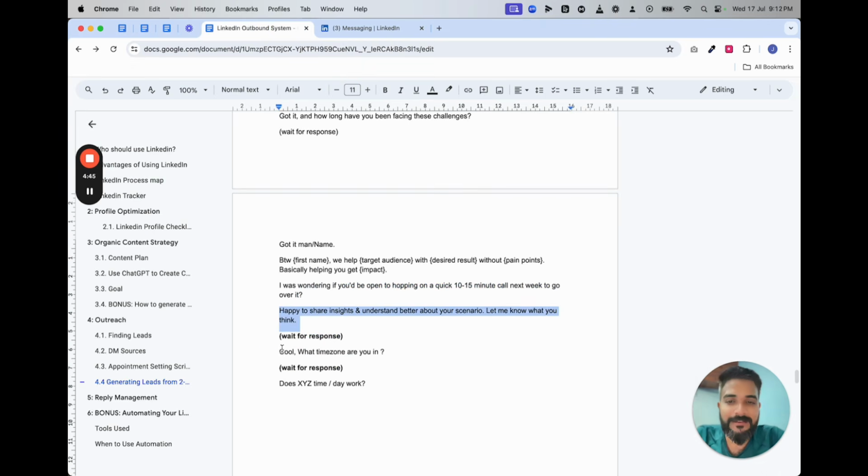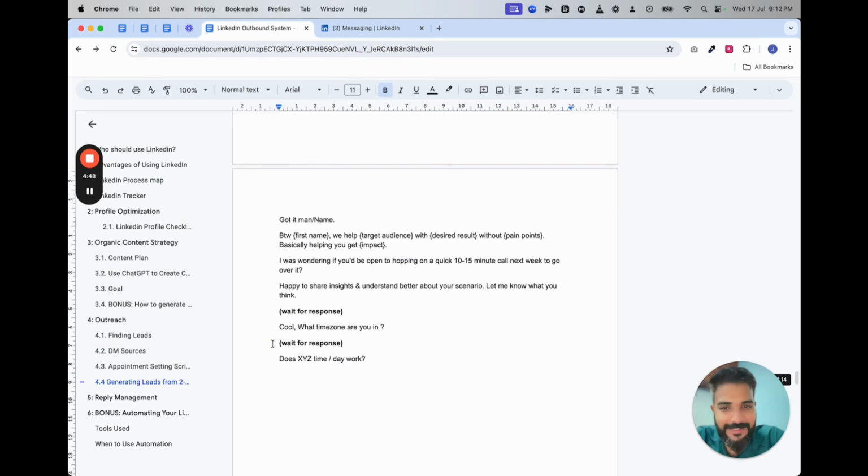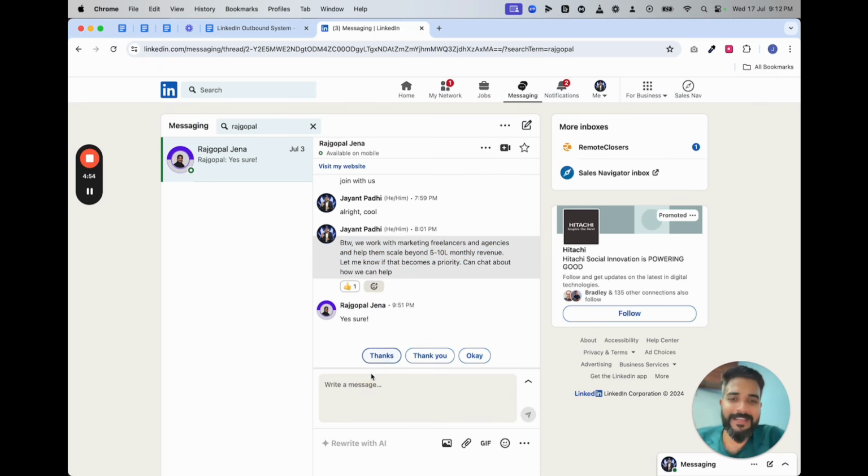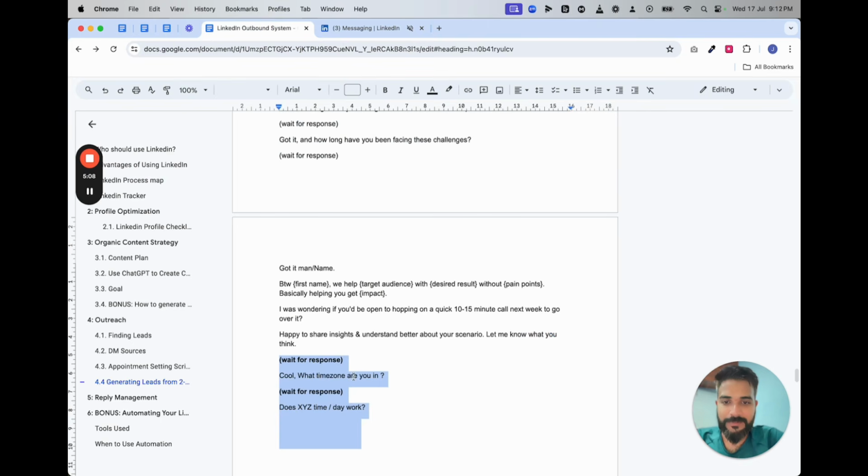Simple. And then I used to use this in US appointment settings. So I used to ask them for the time zones. This is the exact script that I used to use. But you can simply send like a link or something like that. Cool, man. What's your best phone number? I think this is a good call to action. The reason why I ask for a phone number, we can change it a little bit, is because in India, people speak over phone more than they book a call on Calendly. And when you speak on the phone, you can qualify them and then basically book like a meeting. Not a problem.